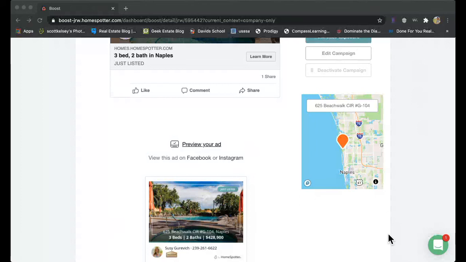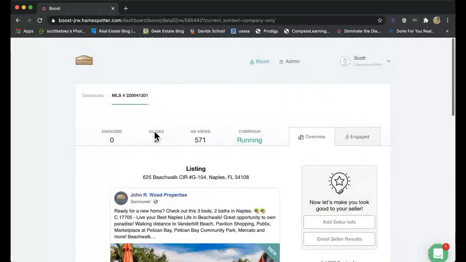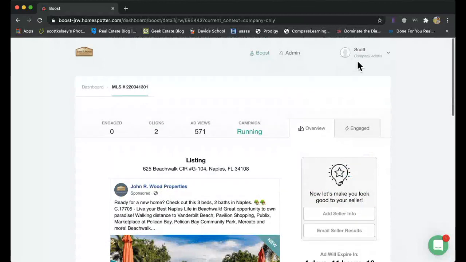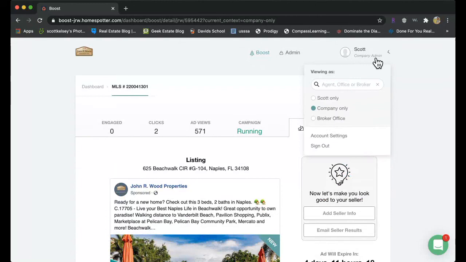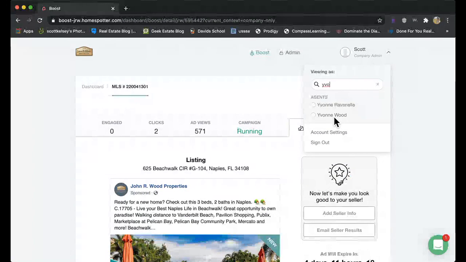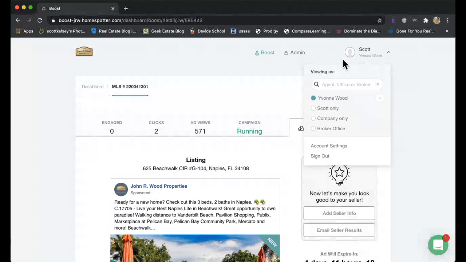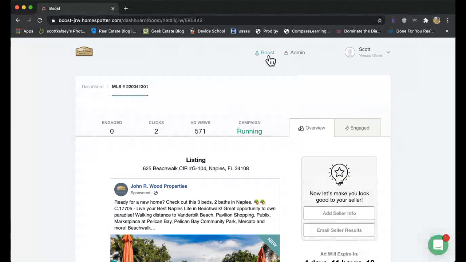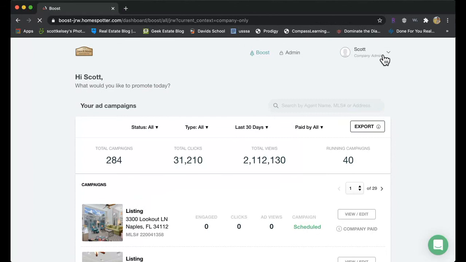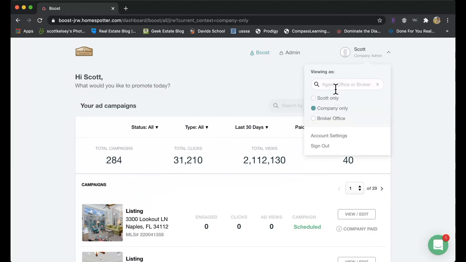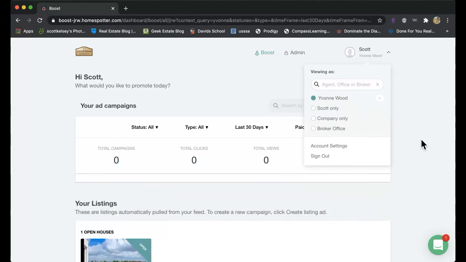Could you give me some more information about boosting a listing? So when you log into your Boost account, every one of your listings is going to be in your account. Hang on, I'll log into your account so you can see what I mean. I can't do a lot of things in your accounts anymore. I used to be able to do anything that you could do, but they took that ability from me. But I'll log into yours just so people can see what's going on in here.